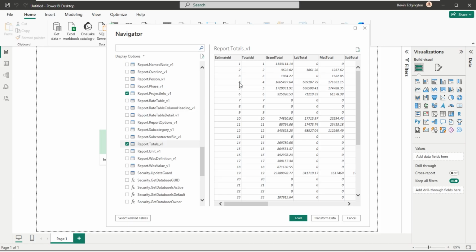Those 4 tables there are probably the most common ones that you're going to do most of your reporting with and so forth. Now, in my case, I'm not really working with my grand totals at this moment, so I'm not going to need it. I'm also going to say that I'm not working with the actual estimate name, that basically just the project name will be enough from my project information screen and so forth. So I'm just going to work with these 2 at this particular point. But you could go through there and pick many different tables depending on what you're trying to pull in your reports.